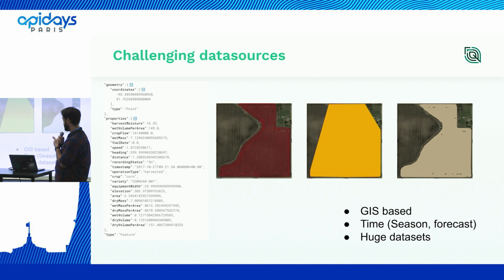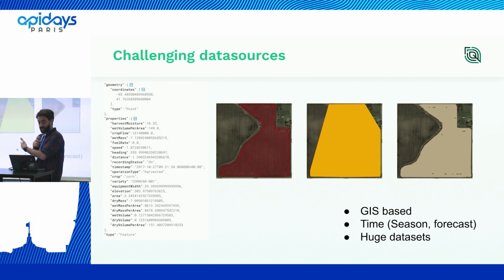So, this is an example. On the left, we have a harvest operation that happened in a farm in Brazil. We have around 300,000 points there. Each point has this JSON, which is on the left side. A developer would have to deal with this complexity, and creating, for instance, an app using this data is really difficult. On top of that, it's not only a huge data set, but it's really difficult to